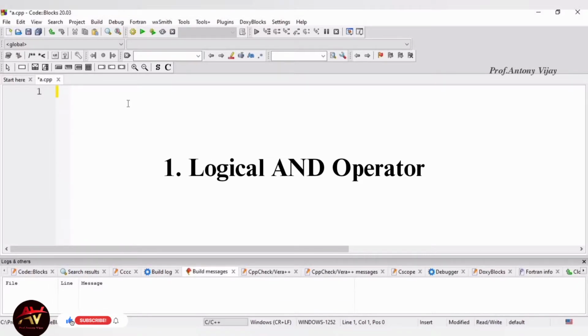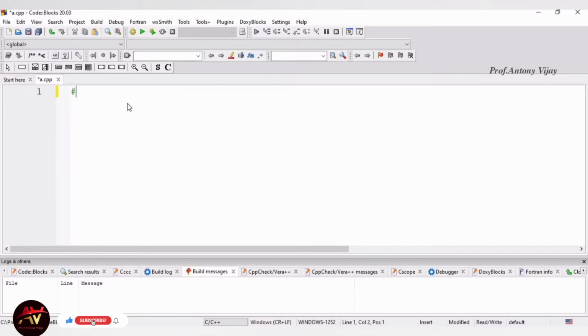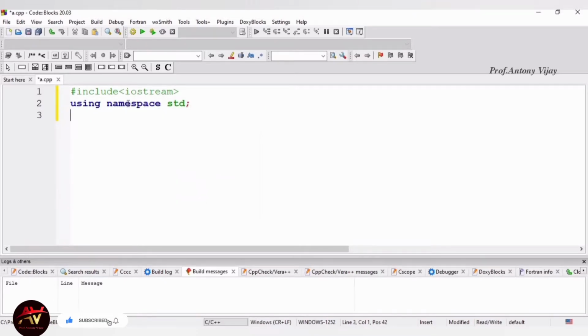As usual, we start with the header file #include <iostream>, then using namespace std in order to avoid name collision. Then the main function with return type integer. Then curly braces.